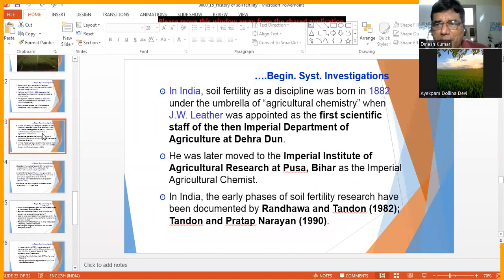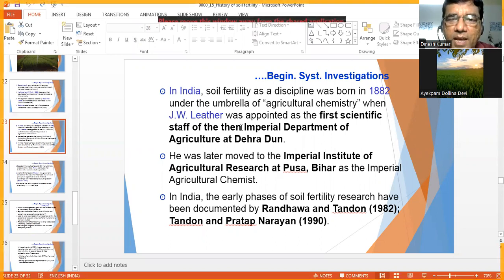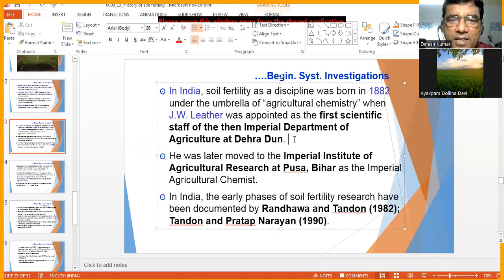Now coming to India in brief, what is soil fertility, and what is the history of soil fertility in India? Soil fertility as a discipline was born in 1882 under the umbrella of agricultural chemistry, when J.W. Leather, an English person, was appointed as the first scientific staff of the then Imperial Department of Agriculture at Dehradun. So it started here. He later moved to the Imperial Institute of Agricultural Research, Pusa, Bihar, now IARI Pusa,